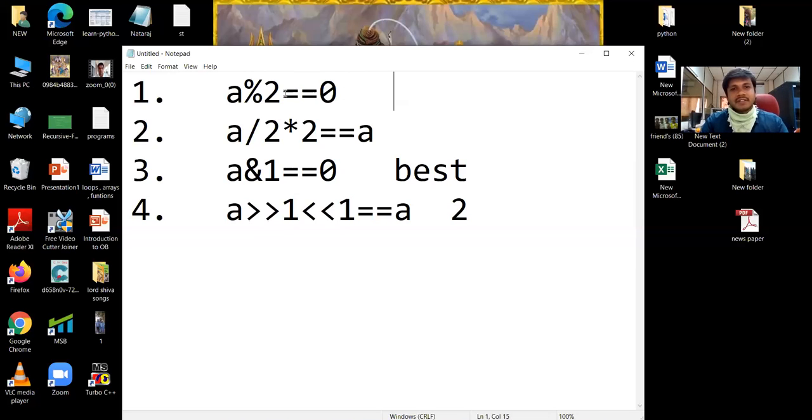Here 3 operations: left shift, right shift, and comparison. Only modulus operation is 1. So the least number of operations are for 1 and 3, right?